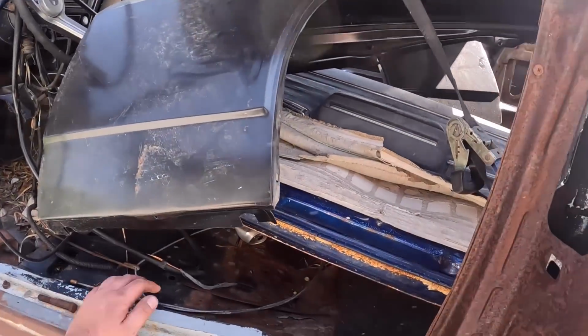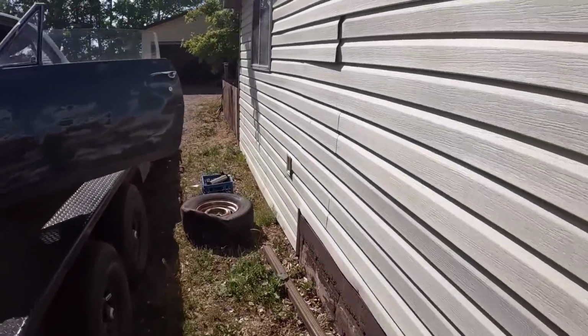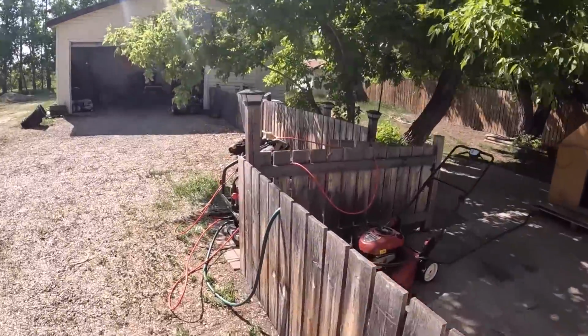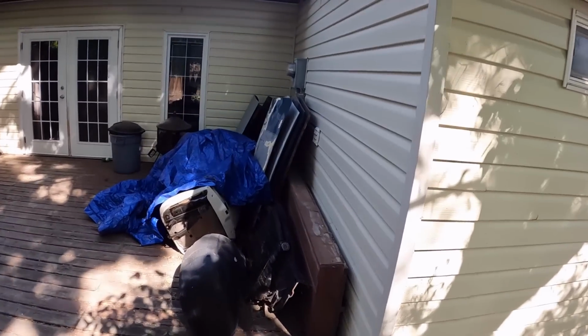So yeah, we're gonna drag these off, disassemble them, see what we have, do a parts inventory. Oh, I guess I can walk around actually and show you. I showed you in the last video in the evening, but there's parts galore. So in the truck, 2 sets of fenders, doors, I think that's what we grabbed there. And then all of this stuff. So we got 2